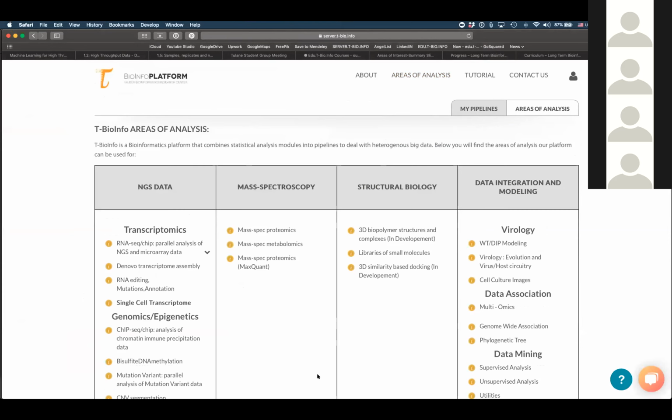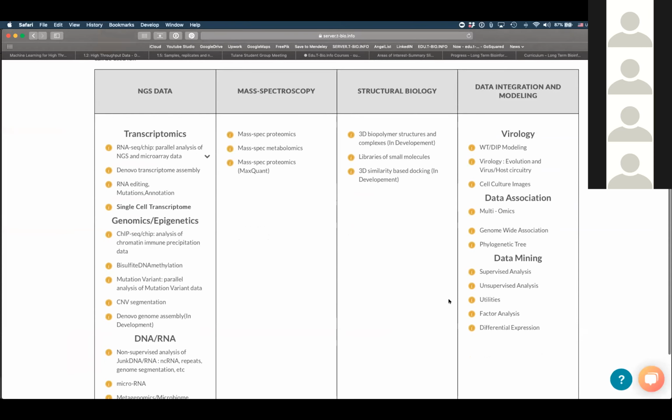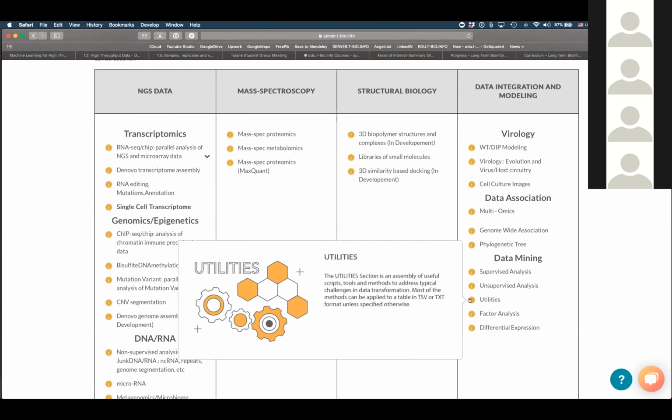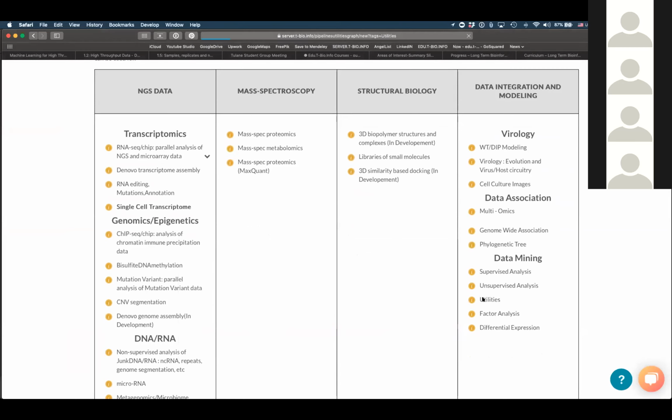So you should see this full overview of the types of data that you can analyze. And you will notice that on this side, under data mining, you have this section called utilities. Utilities are different scripts that are going to be useful for this kind of data transformation. And so I want to point your attention to one of these methods that we're going to be using today. So let's go under utilities